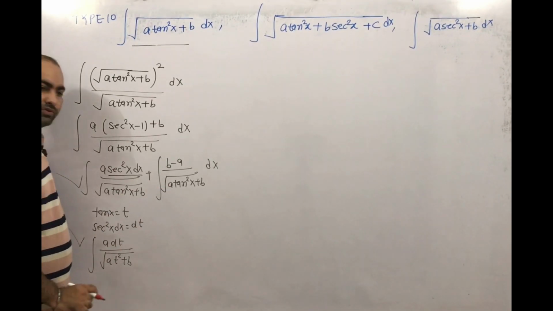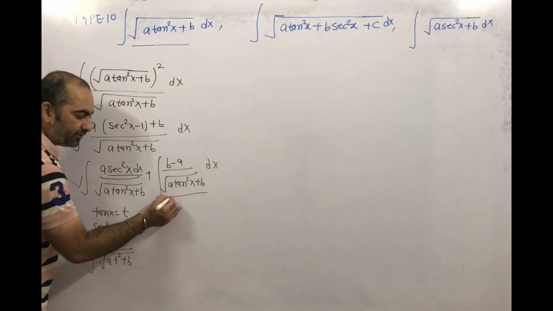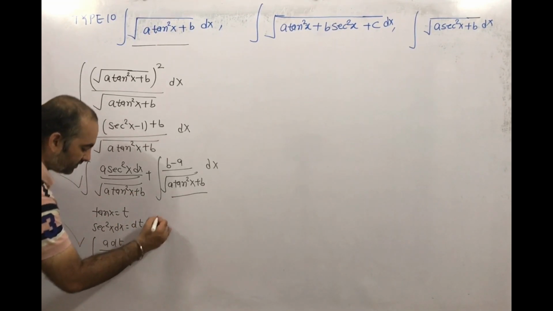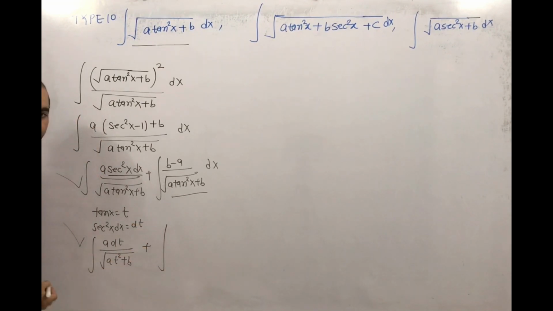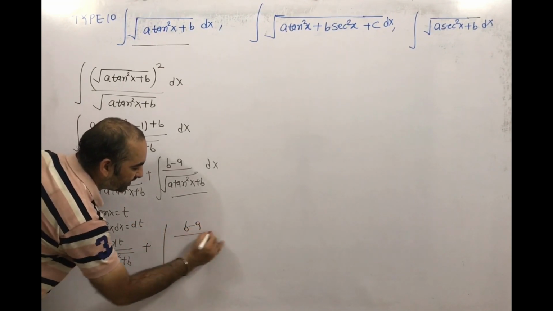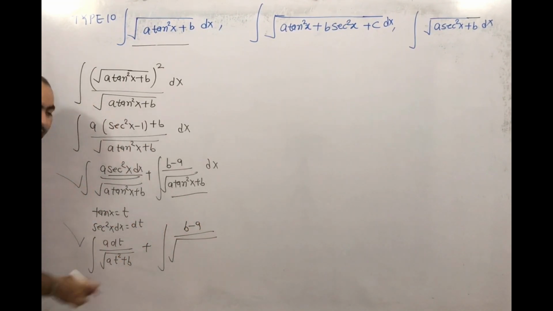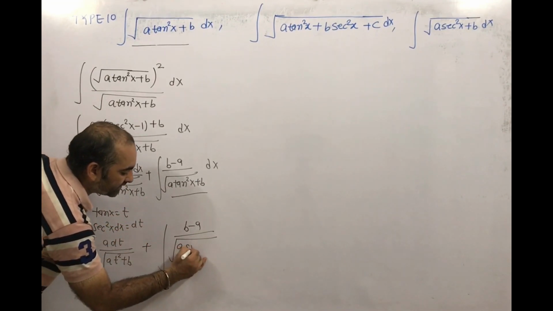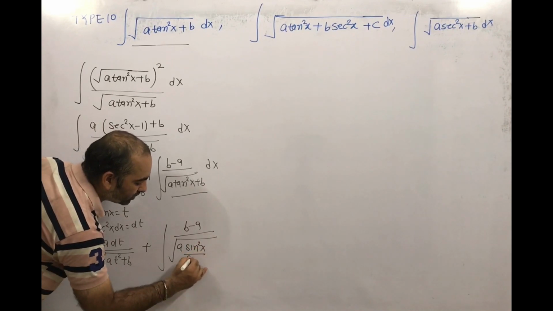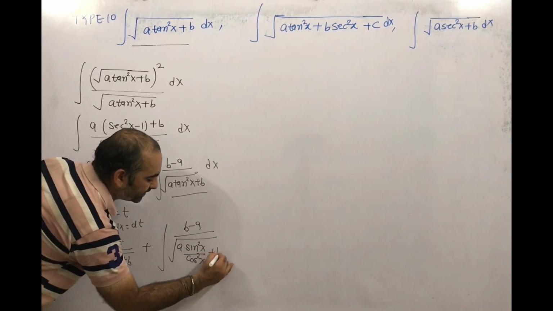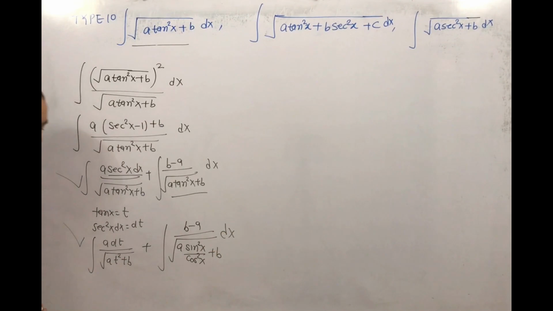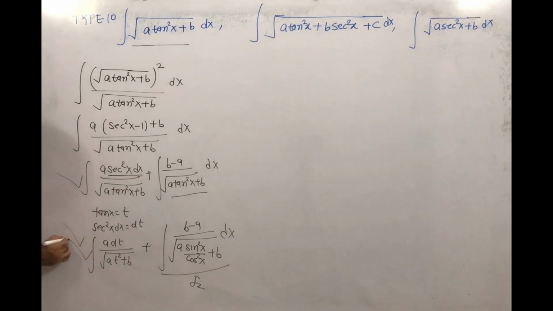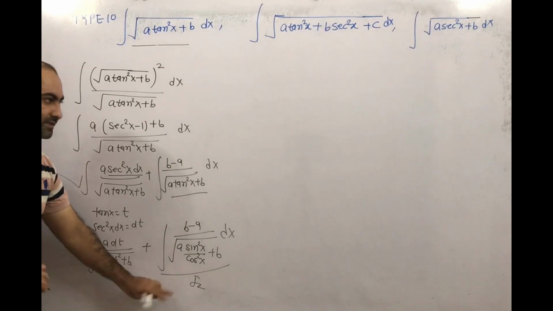Okay, so here whenever we have to do integration of this one, convert in terms of sine and cos. So what will come? Plus integration of b minus a divided by root over, tan x we can write as sin x by cos x. So this will come as a sin square x divided by cos square x plus b into dx. Okay, suppose this one I am taking I2. Okay, this one we can do integration. This one integration I will discuss.